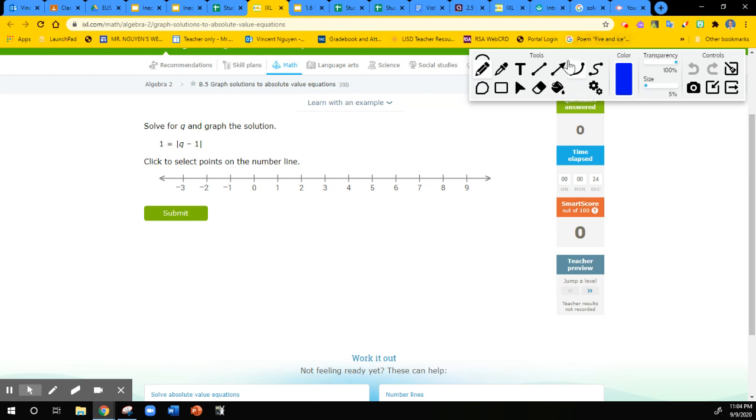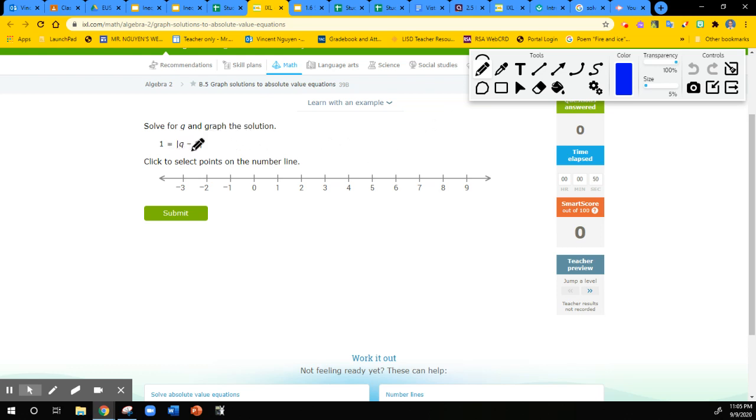Today we are going to work on solving absolute value equations and then we're going to graph the solutions, okay? All right, let's start with this one easy example here. I'm going to do just a few and walk you guys through a few different types of problems. Okay, so first thing we need to remember is that whenever the equation is equal to a